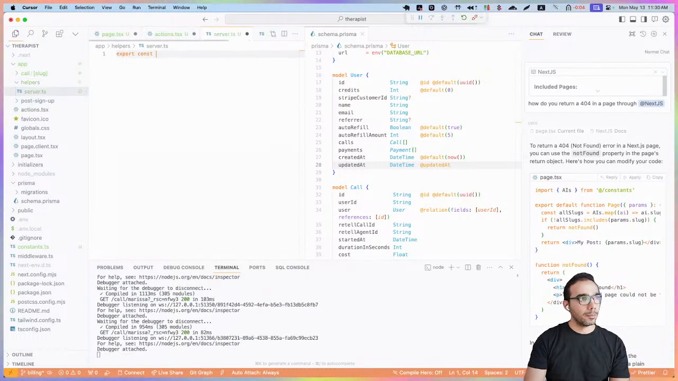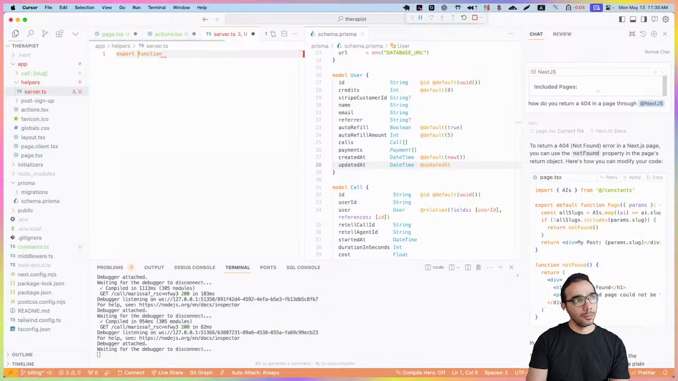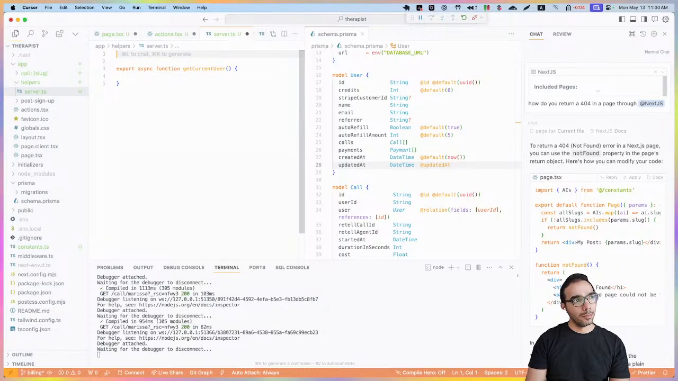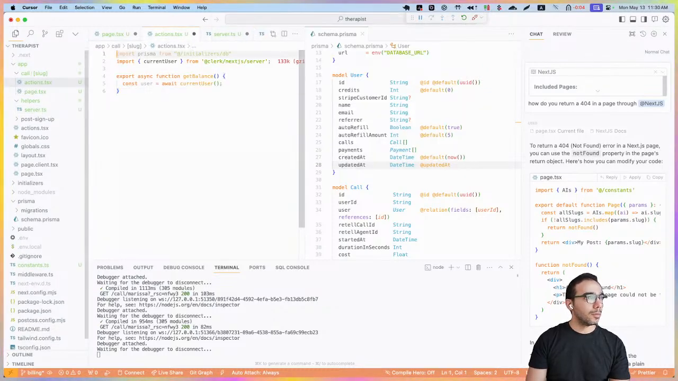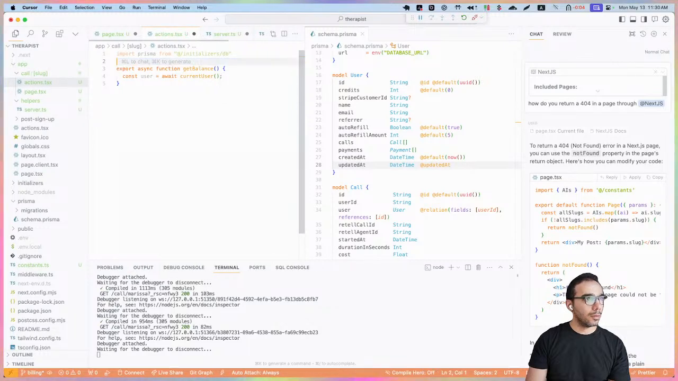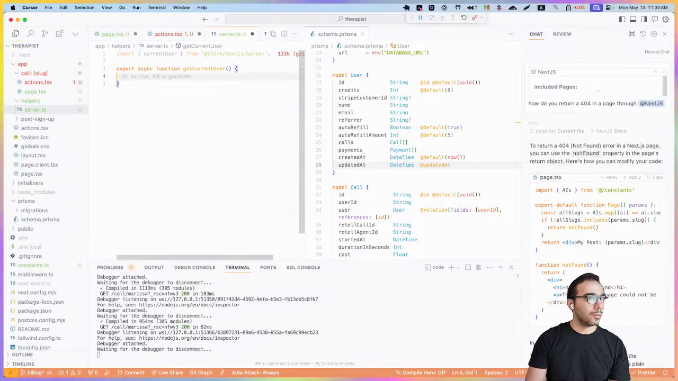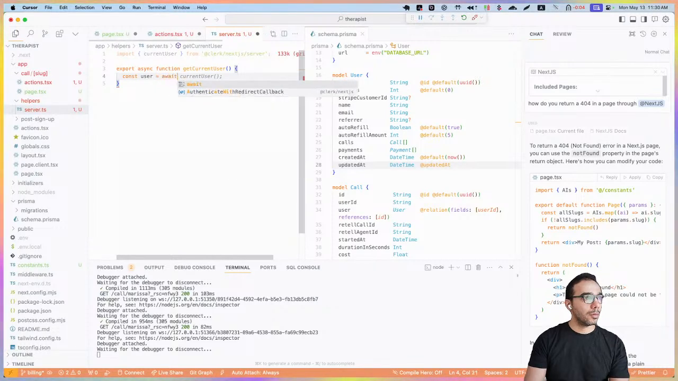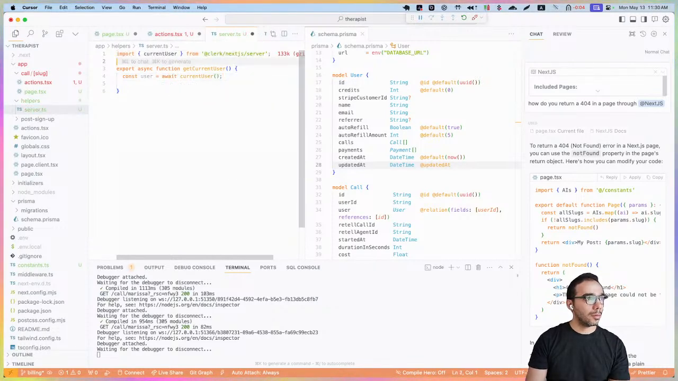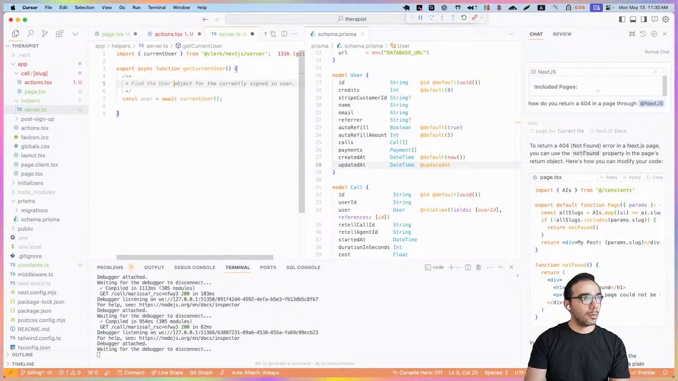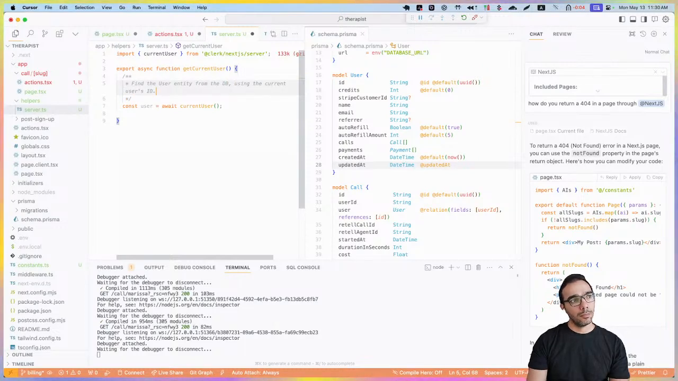and then this would use reference here. So const user equals await current user. Find the user. Okay, so if not user,